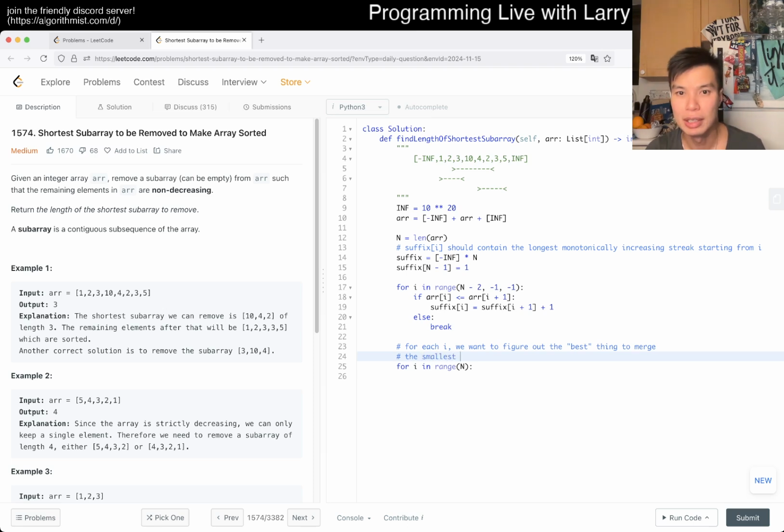The smallest array sub I that is connected to the end or something,